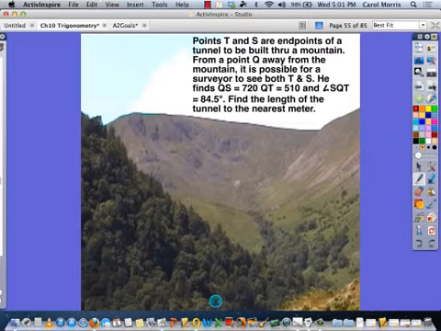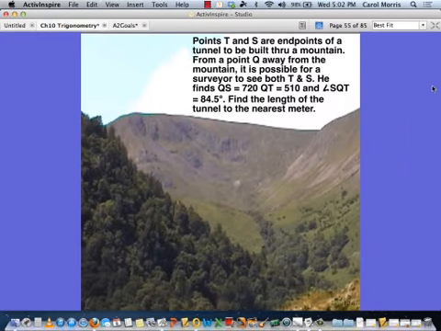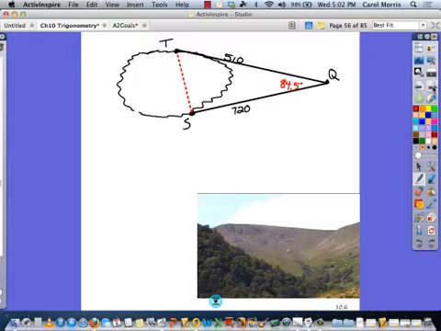So taking that information, draw a quick sketch and label it well, because that'll be a big, important part of this. And so now we have, hopefully, a picture that looks something like this. So there was the mountain. Here, TS is that tunnel that we're going to be making, but we can't measure it because there's solid rock right now. At a point out here at Q, we, the surveyors, measured, and we have an 84.5 degree angle,